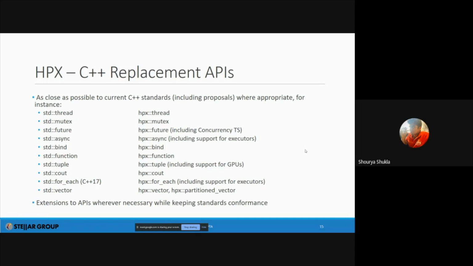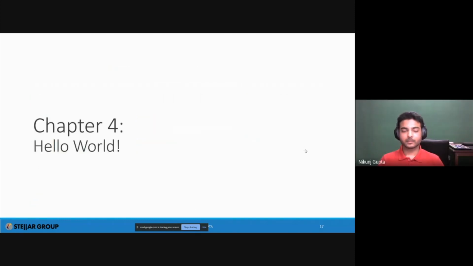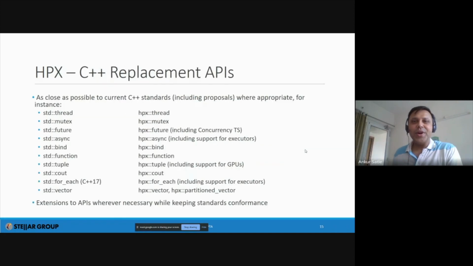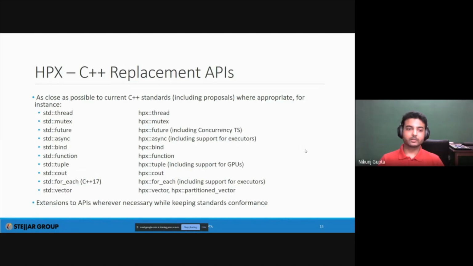Right. So anyway, let's get into it. Nikunj, I had a question. You have an HPX async. The std::async always instantiates a new thread. I guess in your case, it is a task. Right. So the std::async, if you do not provide a launch policy, if I remember correctly, does not invoke a new thread. It just uses the same thread to work with.